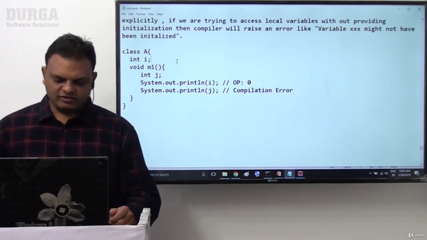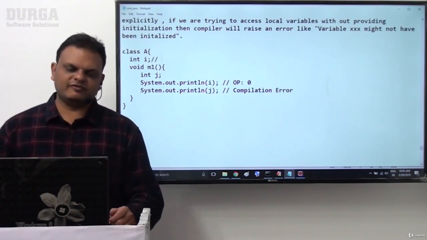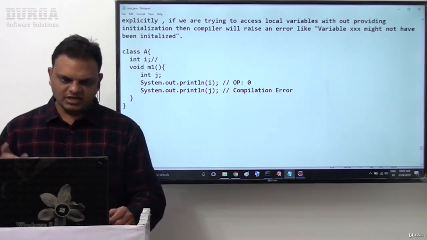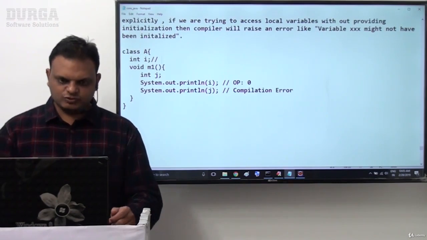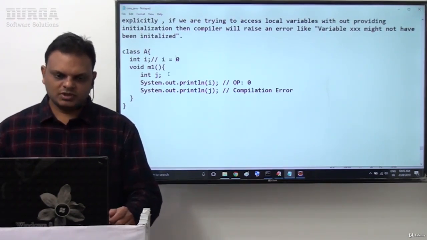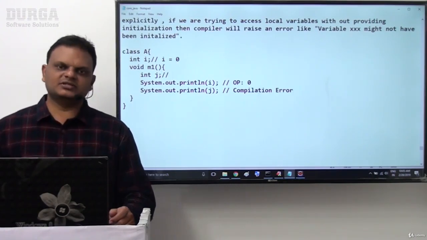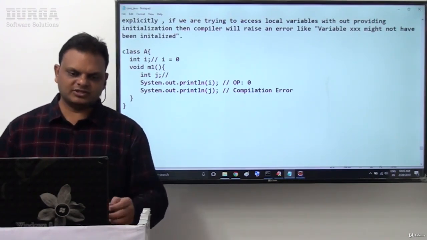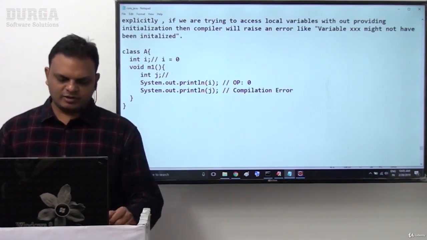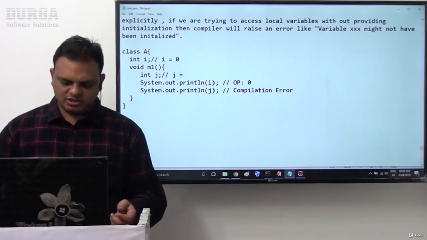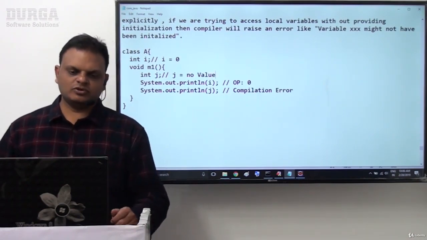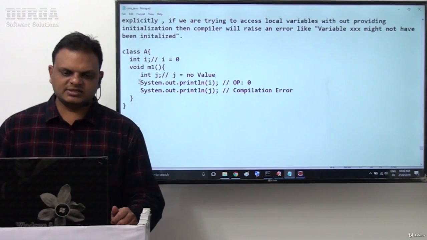Why, sir, are we getting a compilation error? In the case of the i variable, if you have not provided initialization, then by default JVM will provide a default value, which is 0. Now i is equal to 0. But when we declare the j variable as a local variable without initialization, JVM will not provide any default value. So j has no value defined.